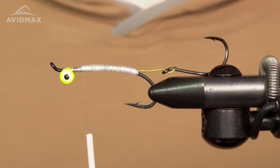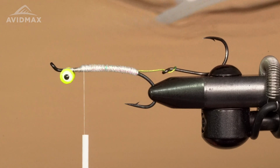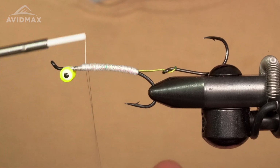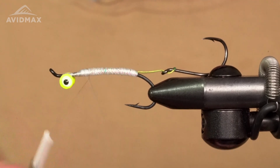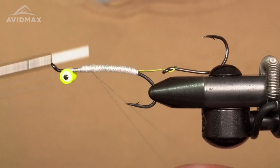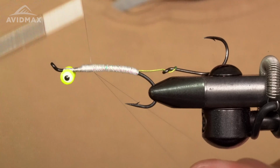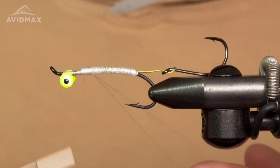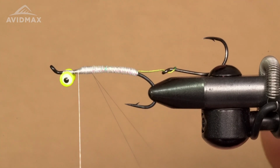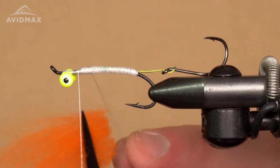So I like doing that prior to making my loop, so you're not messing around with the loop twisting up on you and whatnot. So now I can go ahead and create my loop, have my thread, and give yourself a good couple inches, a couple of wraps around, and leave yourself a good bit of room. And then work my thread back up to about where I'm going to finish. So I got my dubbing spinner, lay this in there,